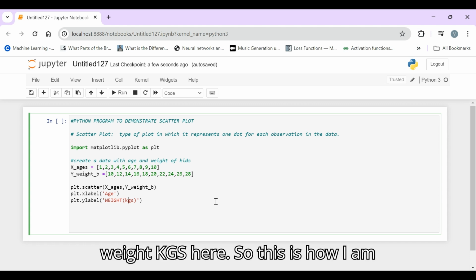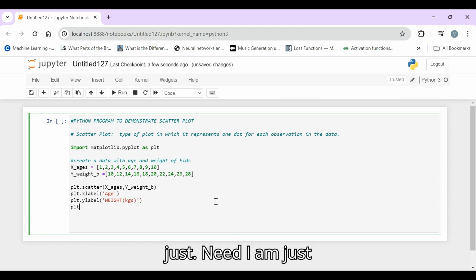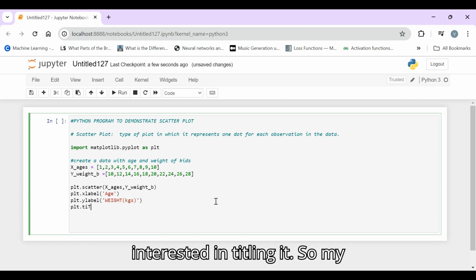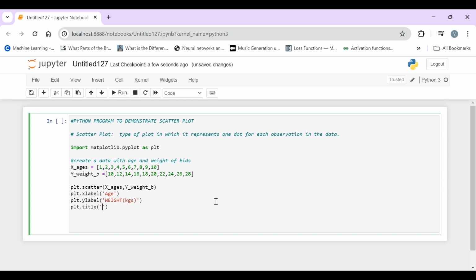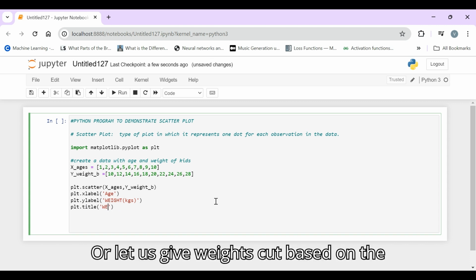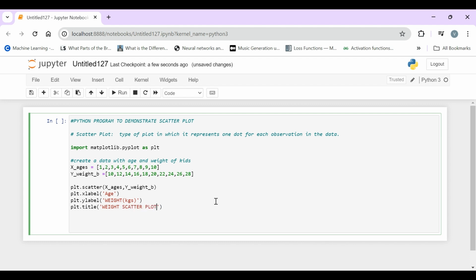This is how I am expecting my scatter plot to look, and I am just interested in titling it. So my title is plt.title of age and weight. Or let us give it weight scatter plot based on the ages. Okay, weight scatter plot.